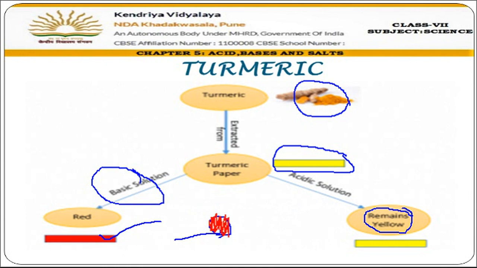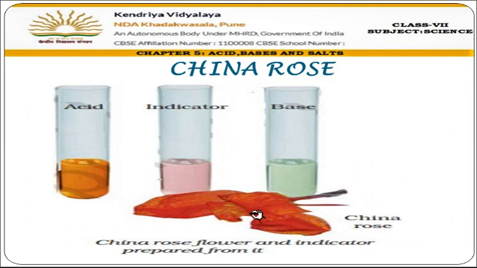Okay. Now next, see China rose. Now this is China rose. It is boiled in water. As you have seen in the table in the previous slides, China rose is an indicator. With acids it shows this color, and with base it remains colorless. China rose is boiled in water and it becomes pinkish in shade like this. So this indicator is ready after boiling China rose in hot water. In acids it shows a little yellowish color, but in base it remains colorless.